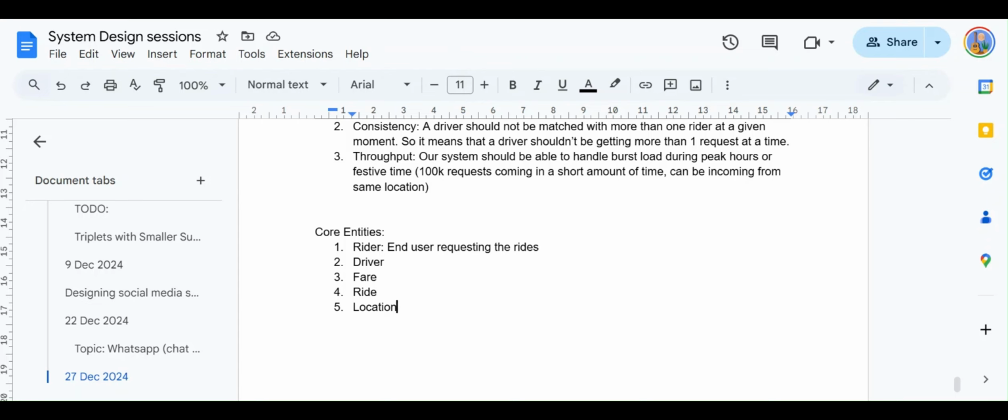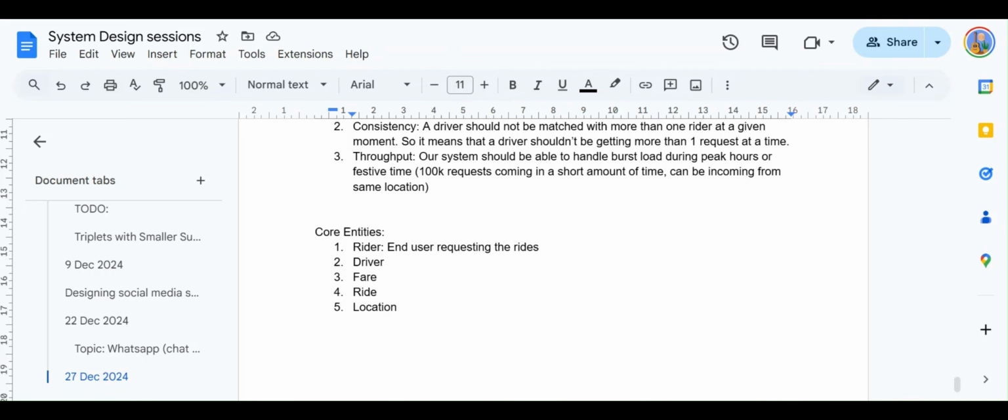The driver will be continuously sending their location updates to the Uber backend, so that our system always knows the current location of each and every driver in my system. Because if I don't know the exact location of each and every driver, then I cannot really assign or match the driver with the rider.